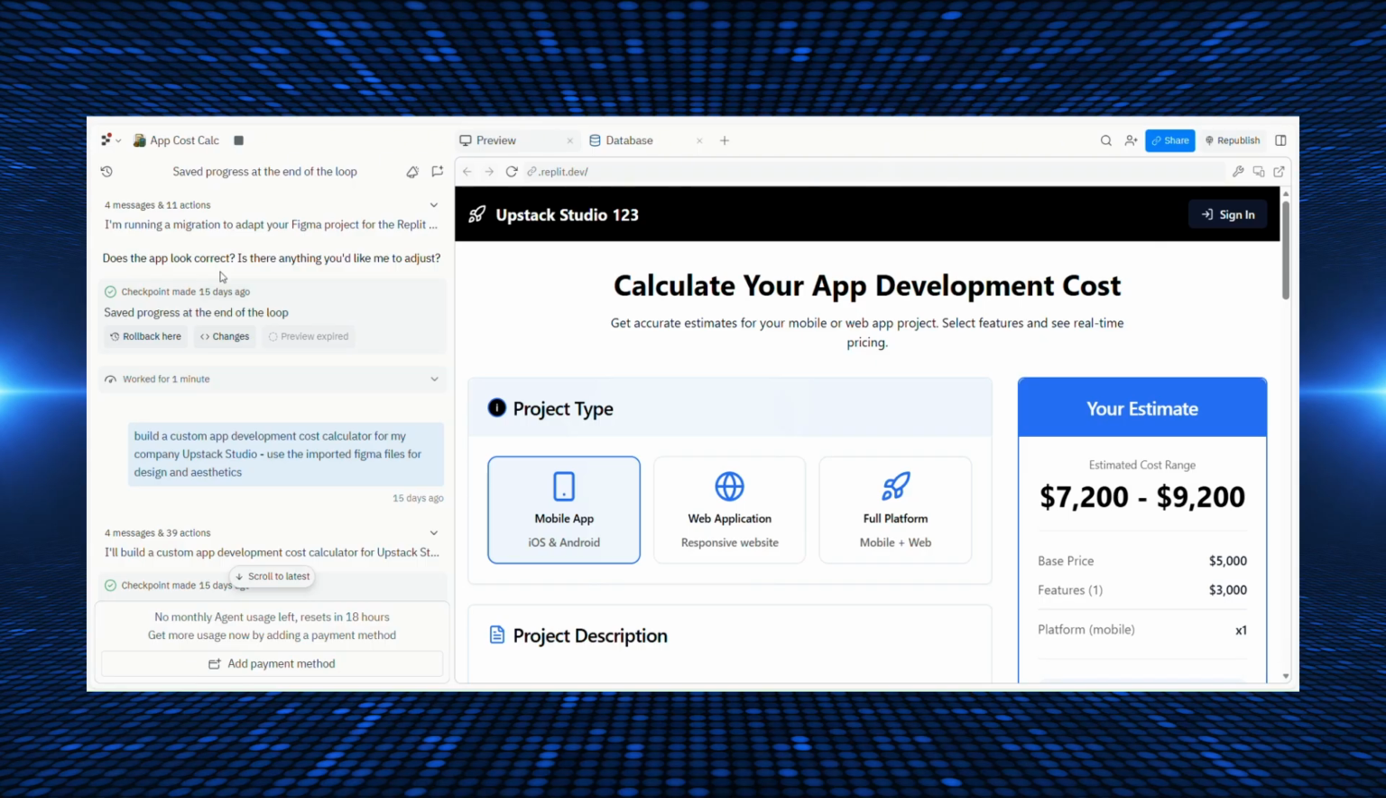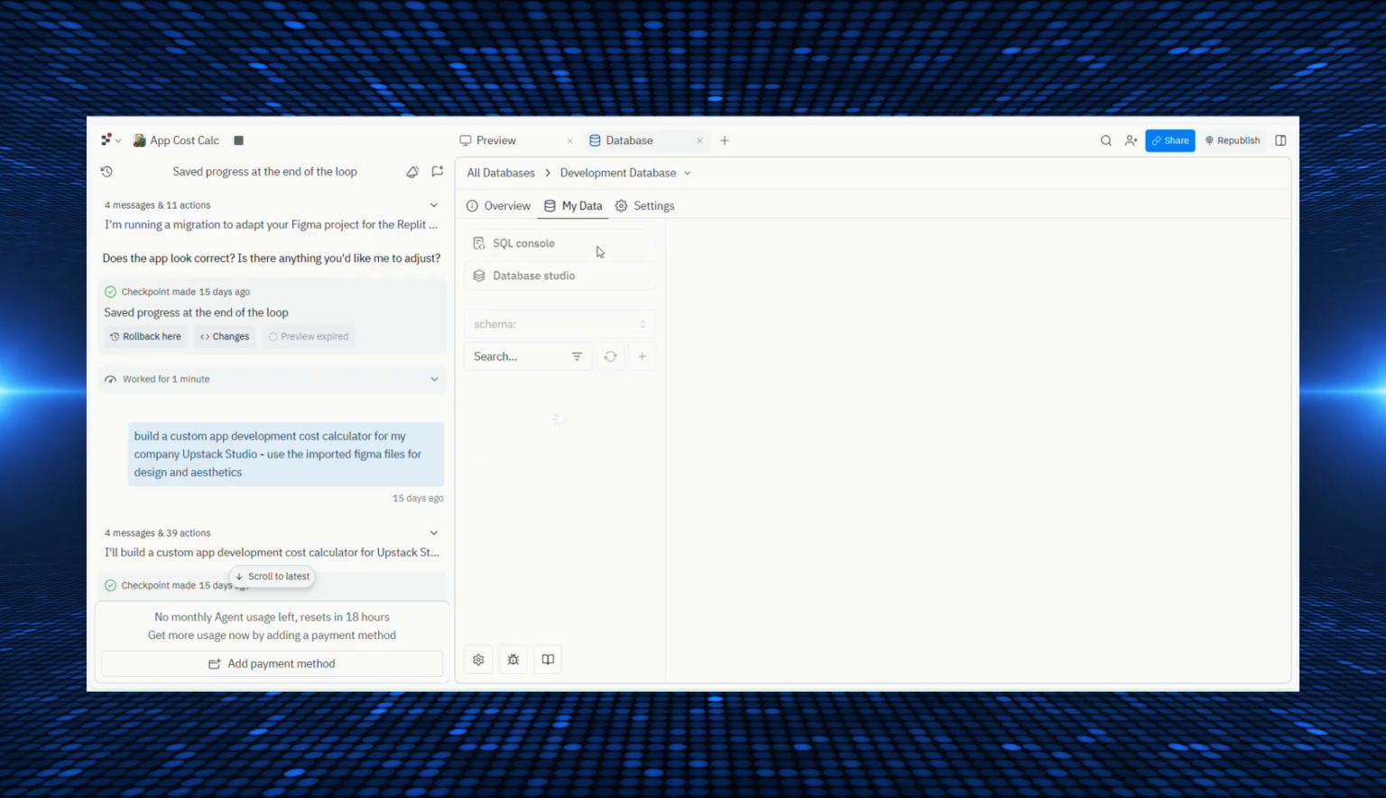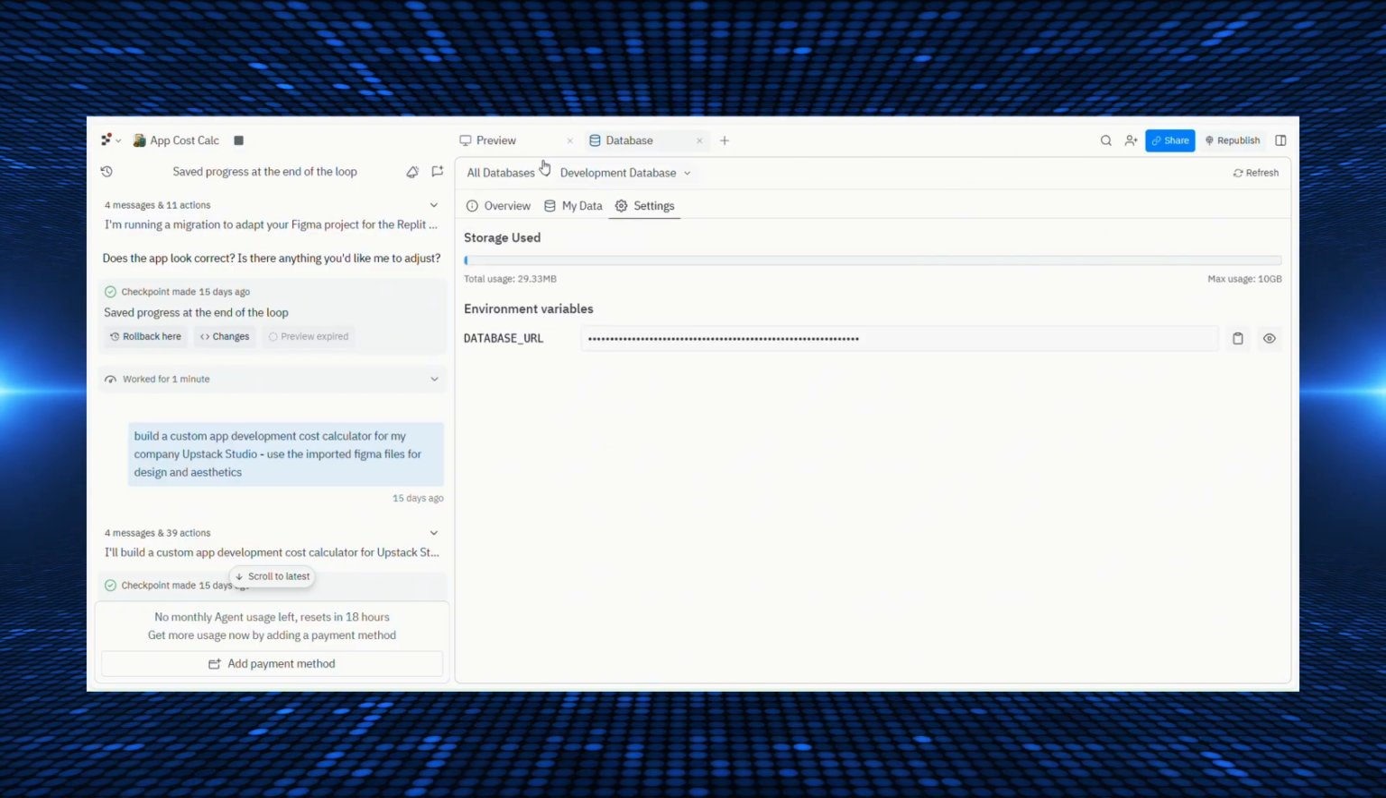You can just tell the agent, add a database and storage, and it will just do it for you. From my testing, the default database it made for my app cost calculator was good enough. Number 4,